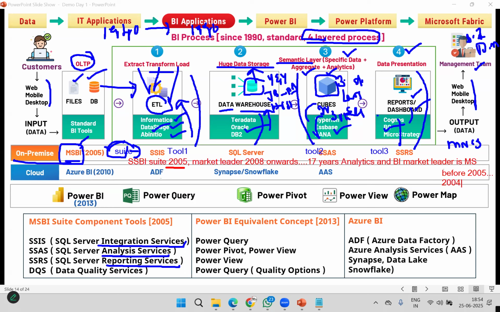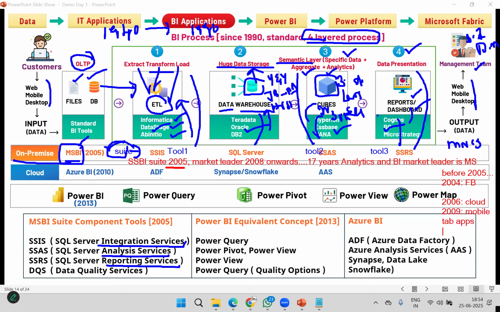But in 2004, Facebook released fully unstructured processing. 2006 onwards, cloud is available. 2009 onwards, in the market, mobile and tab apps popular. The complete market changed, drastically changed.